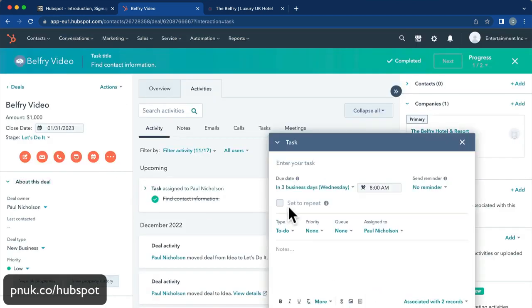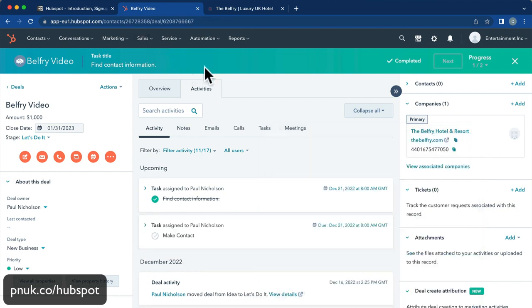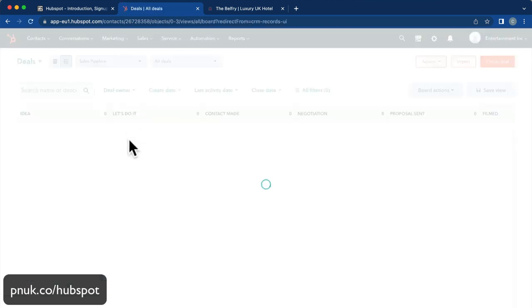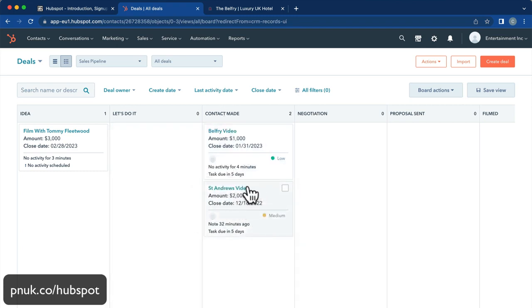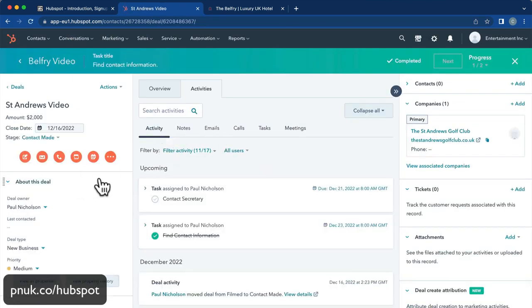Now the next task is make contact, which moves the deal across here. Contact made, right? So the Belfry is make contact. So we're going to make contact with them by emailing them. Let me just change that. Let me just change that email address to,